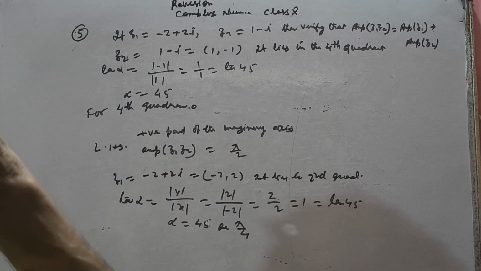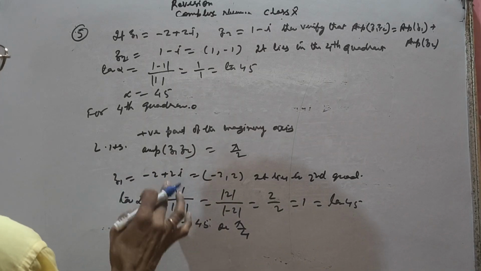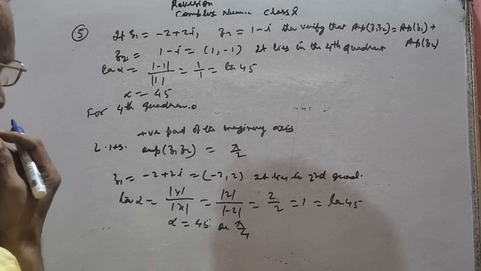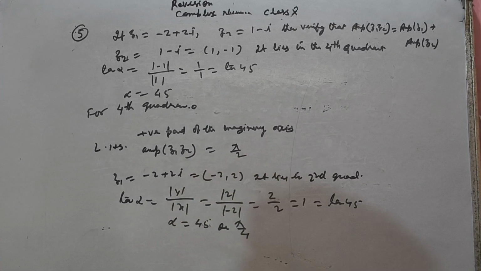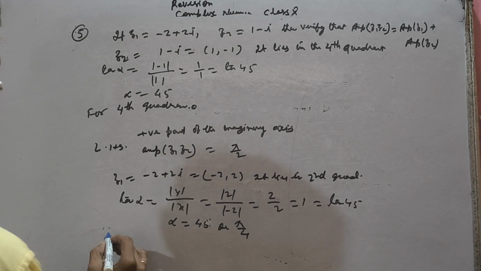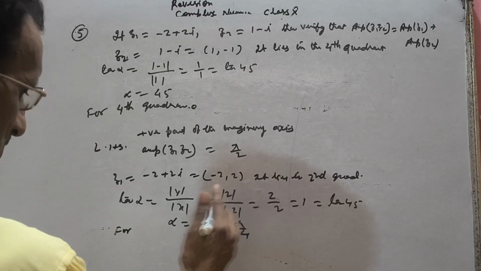Which one have we taken? Which are we doing? Okay, Z2. Z1 we have already done, so we are doing Z2 only. Z1 lies in the second quadrant. So theta we have to get. This part you have not done, no? For the second quadrant,